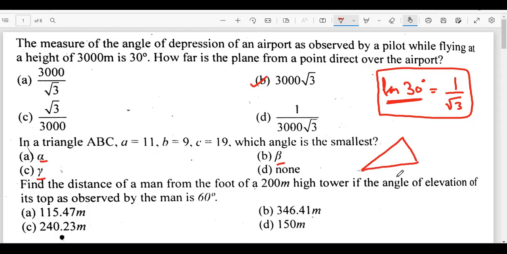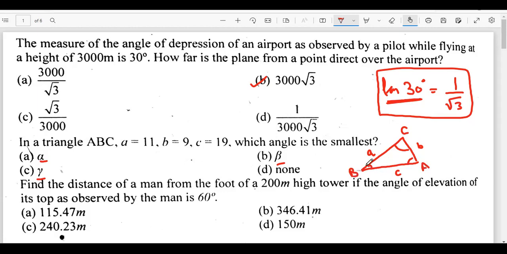this is a triangle. Now let's allocate the sides. This is B, then this is A, and then this is C. So what do we see? We should understand that if the opposite side is big, the angle would be comparatively bigger. If C is the biggest side, then this angle C would be the biggest. If small b is the smallest side, this angle B would be the smallest. And if A is in the middle, then angle A would be greater than B,